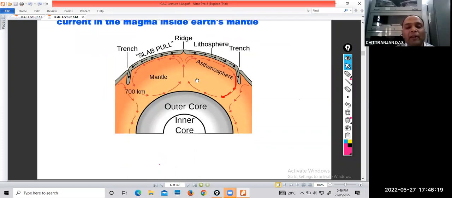हम क्यों, मैं क्या बताना चाह रहा हूं? अल्टीमेटली हम कहां पे पहुंच रहे हैं? अल्टीमेटली हम आ रहे हैं कि इंडिया की फिजियोग्राफी कैसे इन्फ्लुएंस थी. 3 पॉइंट हमने ऑलरेडी डिस्कस कर लिए. चौथा पॉइंट है प्लेट टेक्टोनिक्स. ओके, और उसको मैं पॉइंट वाइज डिस्कस कर रहा हूं. पहला पॉइंट था डिवीजन ऑफ प्लेट. सेकंड पॉइंट अपवेलिंग एंड डाउनवेलिंग ऑफ मैग्मा.